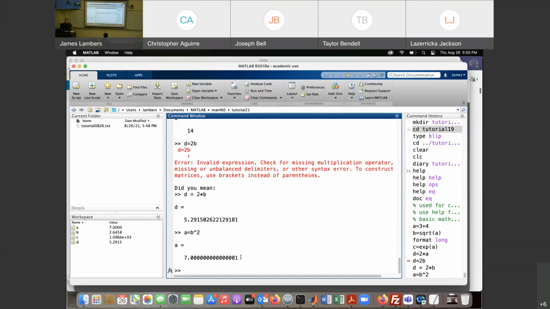But notice it's not exactly 7. There's a little bit of error here. And this goes to what I mentioned last time, that any arithmetic operation is going to involve at least some error. It's going to be pretty small, so this is very close to 7. The error in this case is like 10 to the minus 15. But still something to keep in mind. So if I go back to format short,